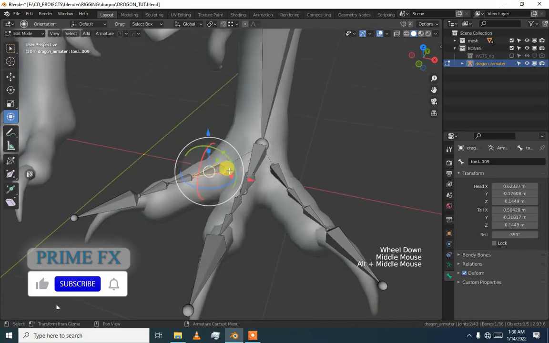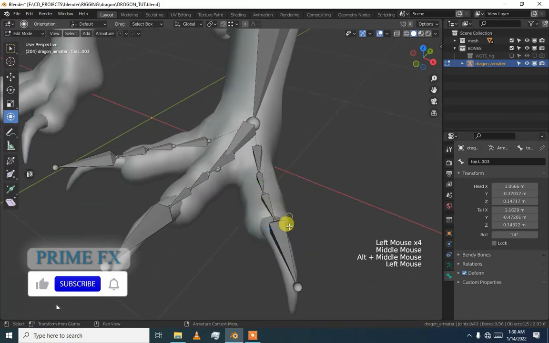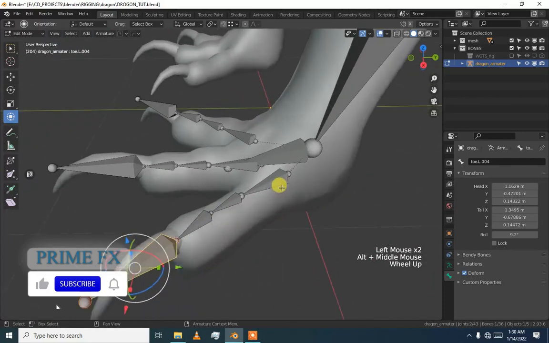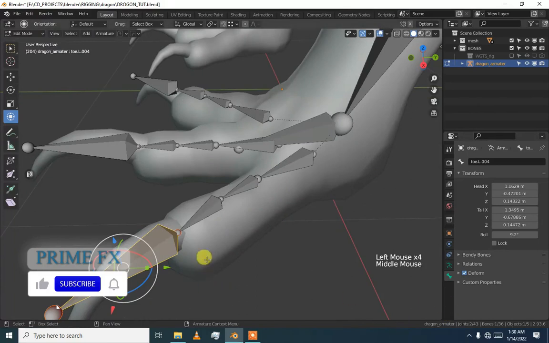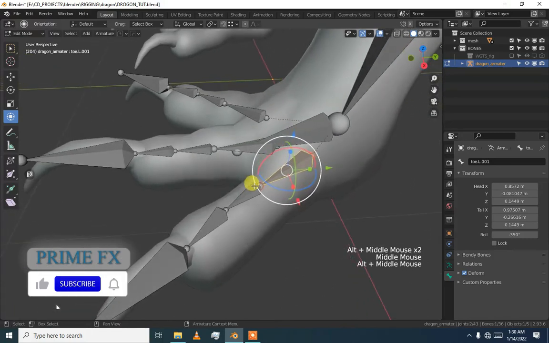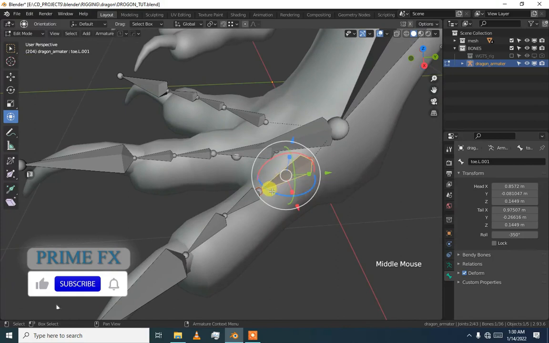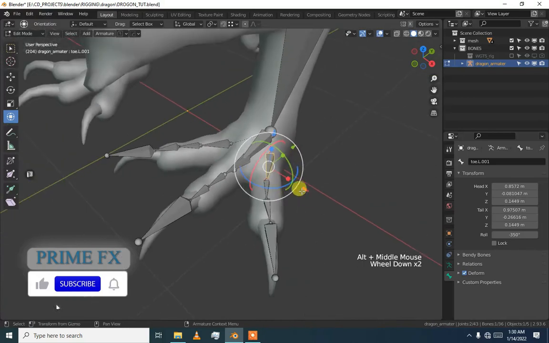Toe L, and now we have to just make sure the namings are correct, so that after we bind the mesh, we will have to select the bones. Otherwise it will create a problem if the names are not matched. So here we have our bone, and what we will call it,